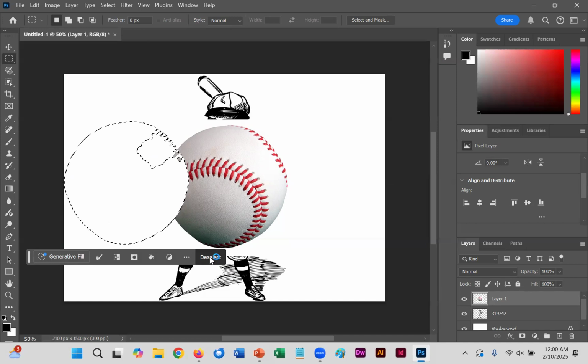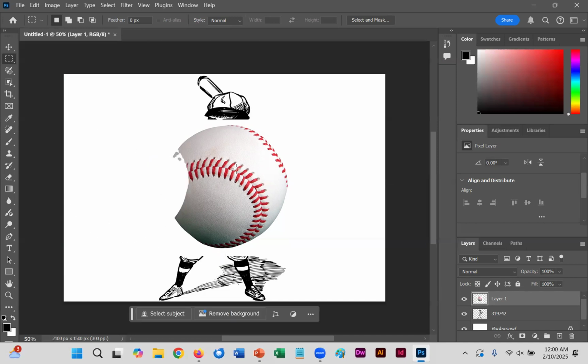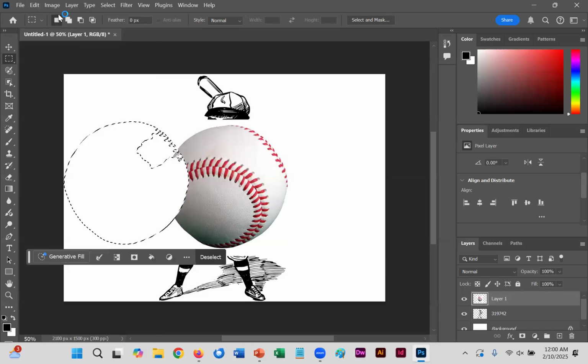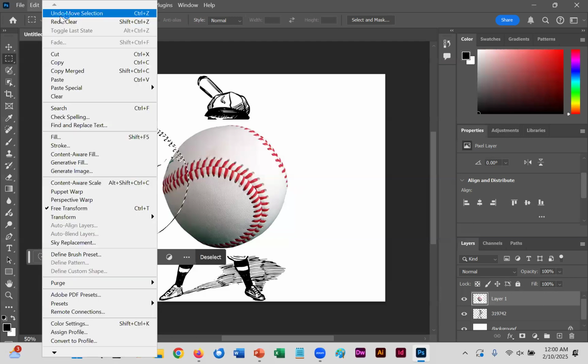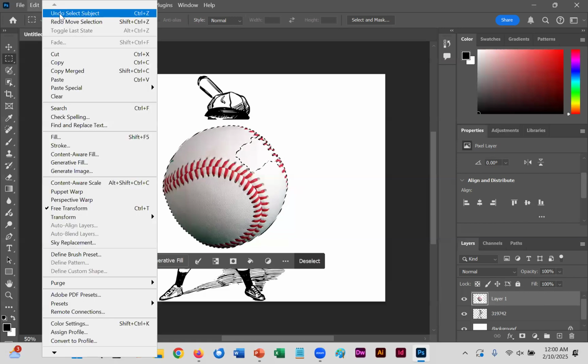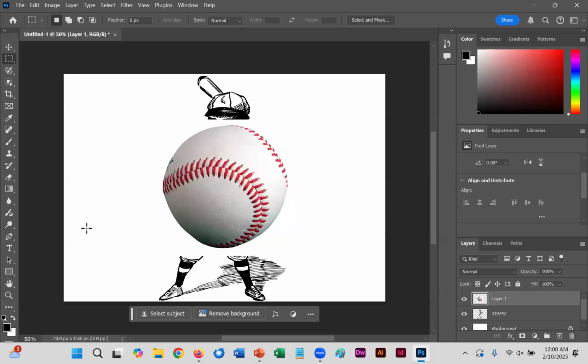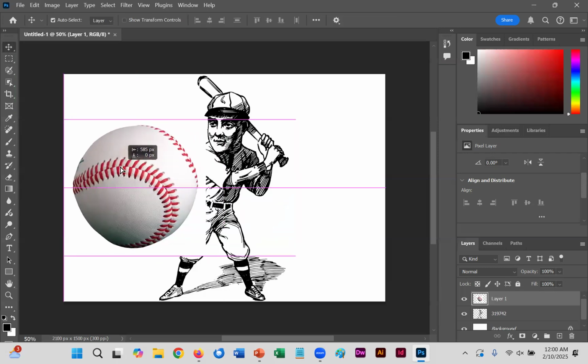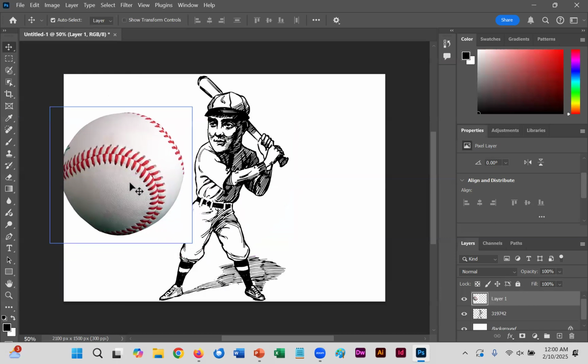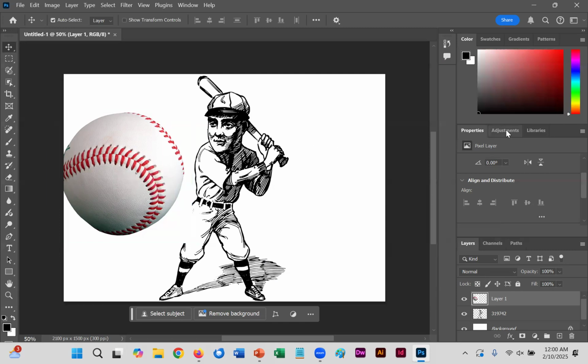So for our purposes, I'm going to deselect it, undo, undo, undo, undo, undo, and even undo paste. Now again, I will paste. This time, I will use the Move tool to move our image over, as well as select